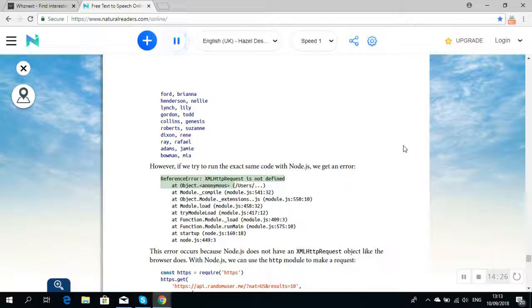/users/ at module.compile module.js 54132 at object.module.extensions.js module.js 55010 at module.load module.js 45832 at true-module.load module.js 41712 at function.module.load module.js 4093 At function.module.run main module.js57510. At startup node.js 16018. At node.js